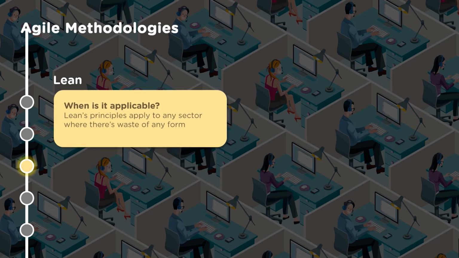So now when is it applicable? Lean principles apply to any sector where there is waste of any form. So it can be applied easily. So one is to know that it should be an effort put in with the objective to accomplish your ability to move faster, your ability to create a product which is more efficient. Only then can you achieve it. Effective results can happen only when there are lesser delays or lesser waste, non-valuing activities. That needs to be understood and eliminated.